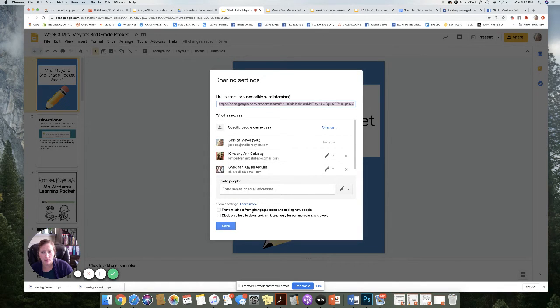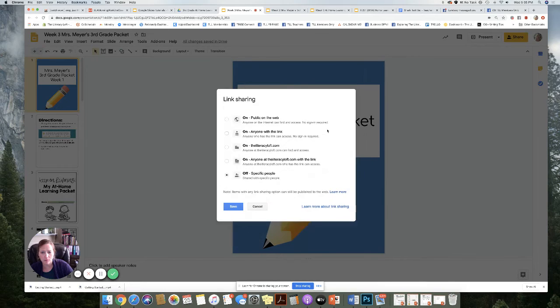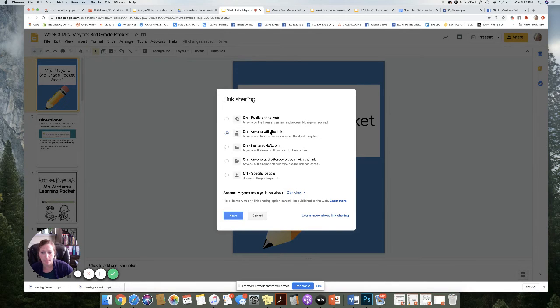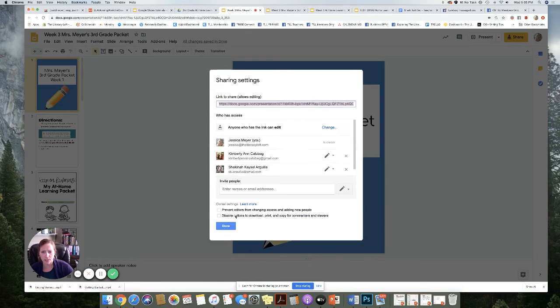And then, did I do that right? There we go. Anyone with the link. It also depends on how it's set up, how you're sharing. So anyone with the link can view, and actually you can change this to edit, and then you're going to copy it. And here you can also do view, and then students have to make a copy. But what you really want to do if you're not sharing through Google Classroom is grab the link,